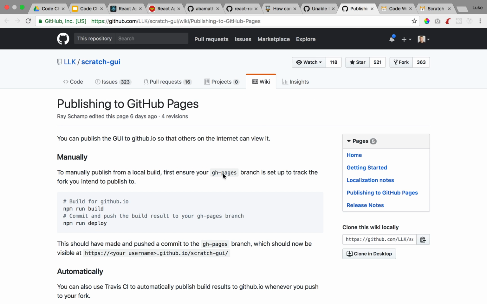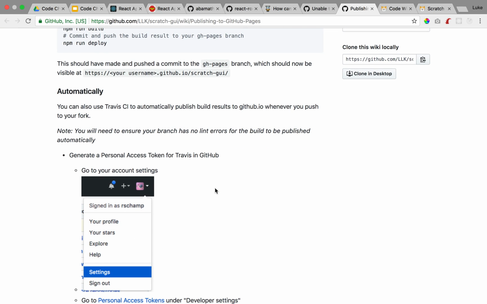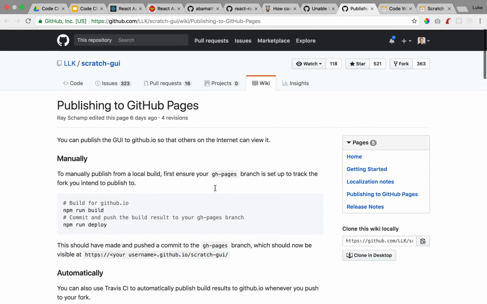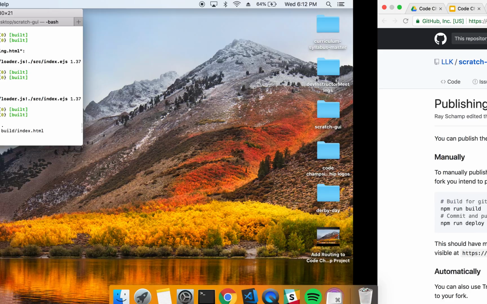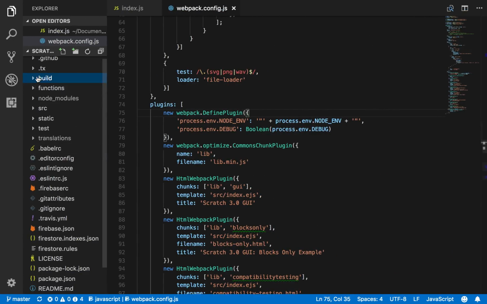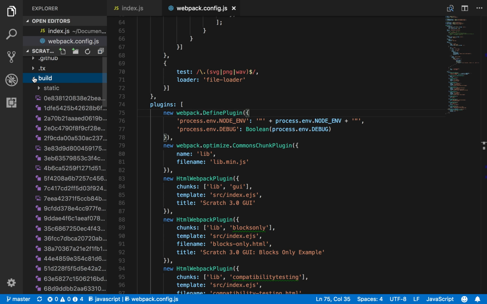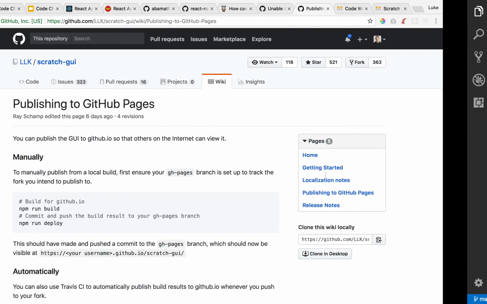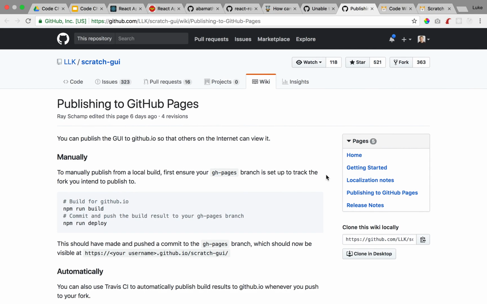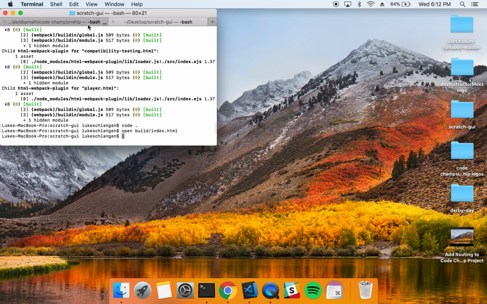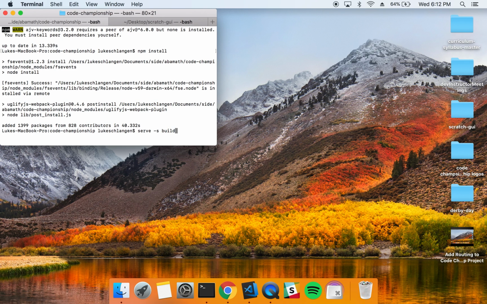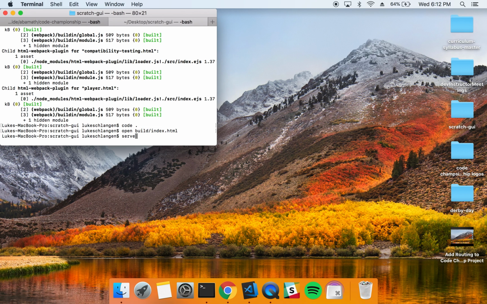Okay. So I feel like this should exist in my build folder. Like what I have should be what I need in order to deploy. But maybe it needs to run on a static server. How did I do that over here? Serve -s build. I don't know if that'll work. I don't know if it's